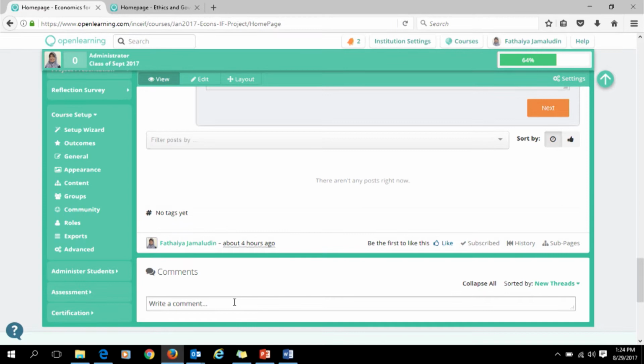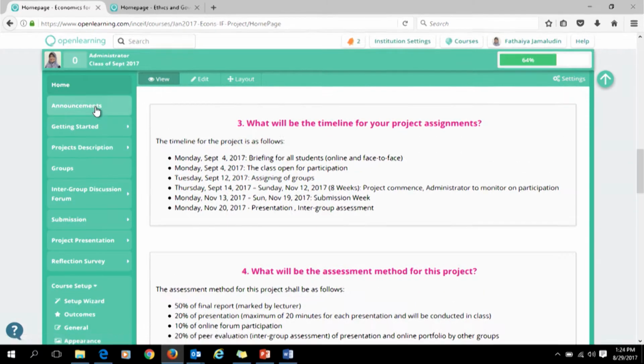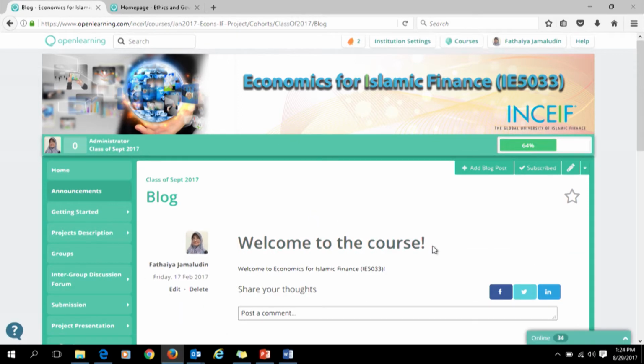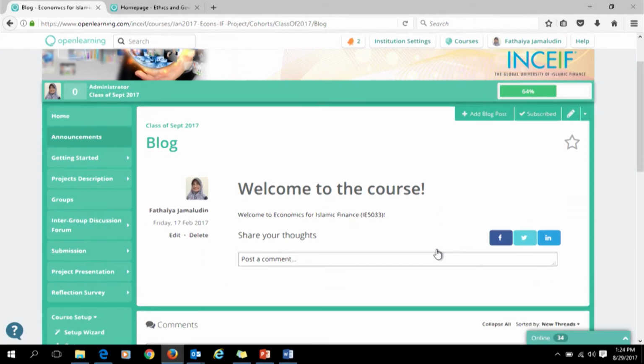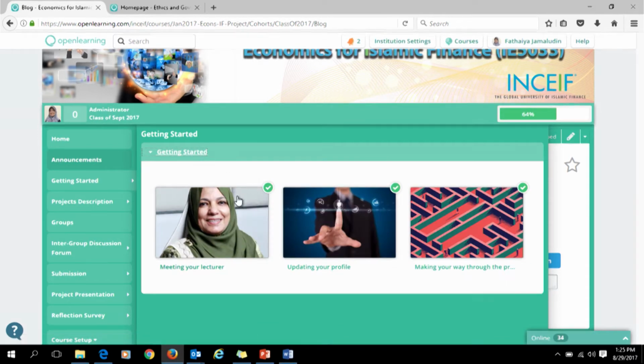Then we go to the announcement page. This is a page for the learners to get the updates from your lecturer from time to time. Then we go to the Getting Started page. You click here, you can see 3 thumbnails: meeting your lecturer, updating your profile,